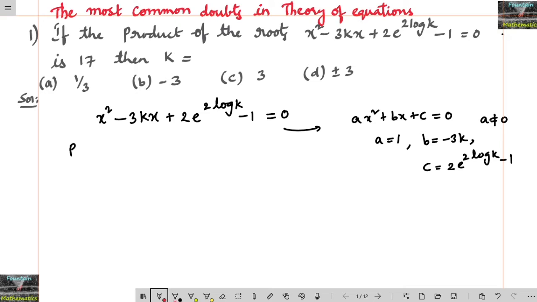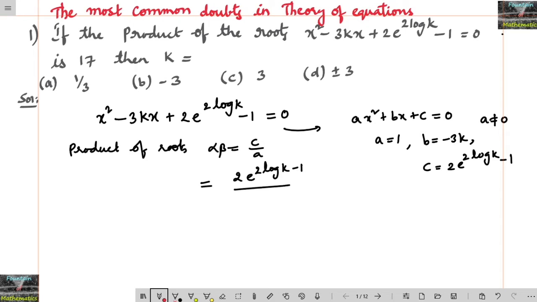Since we need the product of the roots, we know that if alpha and beta are the roots, the product of the roots alpha beta is equal to c upon a. So the product of the roots in this case is 2 e to the power of 2 log k minus 1 upon a, which is 1. This is the product of the roots, and what is given is that the product of the roots is 17. So given that, the product of the roots, that is 2 e to the power of 2 log k minus 1,